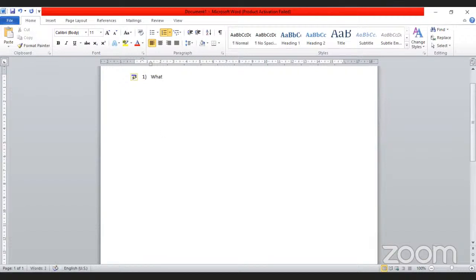The first question is, what is logistic regression? Just give me a minute, I will increase the font size so you may be able to see. Okay, firstly we will understand what logistic regression is. Logistic regression is a regression technique that will help you predict the output in a binary format.